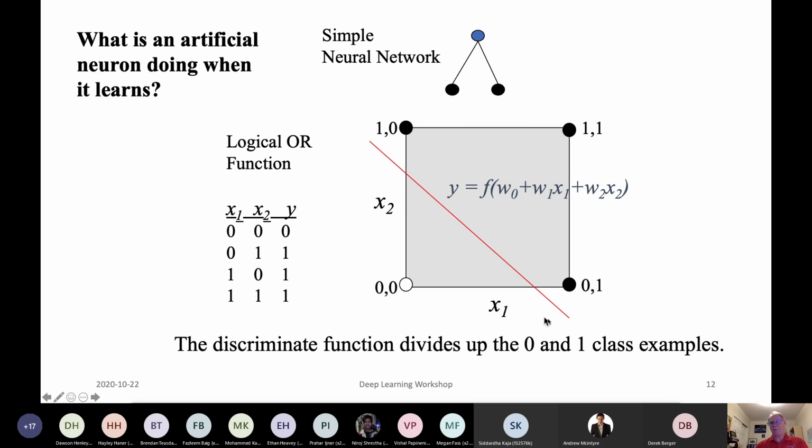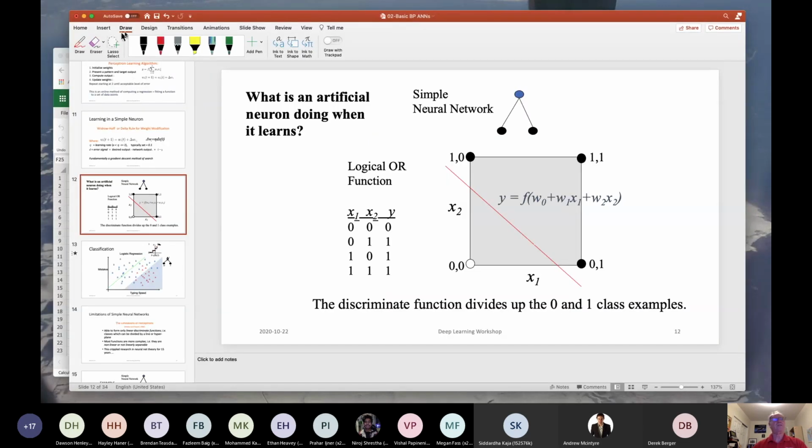And if we had a discriminant boundary like this separating these two, then clearly these guys on this side would be a 1, and on this side would be a 0. Now, one way of thinking about what's going on here from the network's perspective, so if I go back and draw this again, maybe I'll go in red, is you can think about this as being like a ski slope, like this, coming out of the board. So this part down here is low at 0, and this piece up here is high at 1. So everything above this 0.5 point, which is right here, is a 1, and everything below it is a 0.